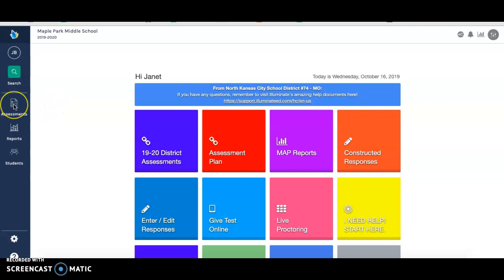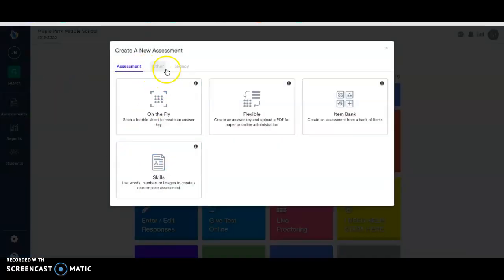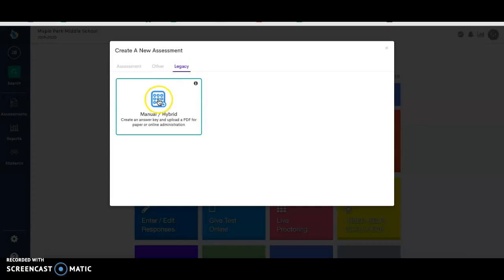So to start, go to Assessments and create assessment. And then it's grayed out, but there's a tab called Legacy, and you want to tap that. And then you want Manual Hybrid. This is for just creating an answer key when you're going to do a paper or some other type of